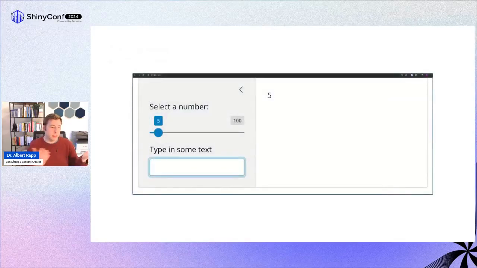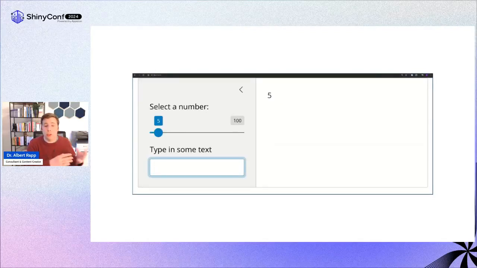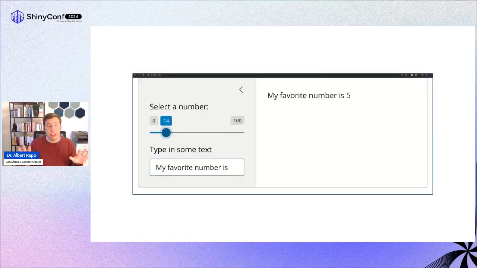And then if you know the reactivity from R, you won't be surprised that everything just works automatically. This is one of the rare occasions where frameworks just transcend programming languages. All of the nice concepts from Shiny are pretty similar in R and Python, and they work very similarly too.